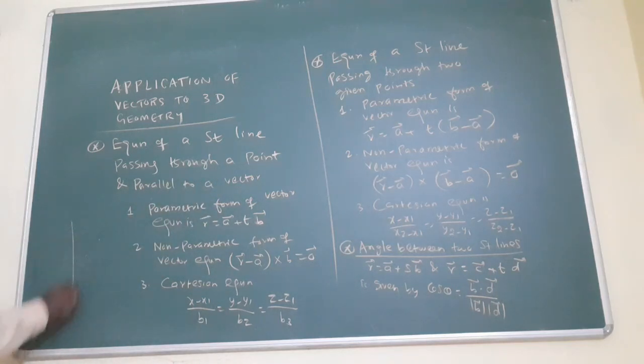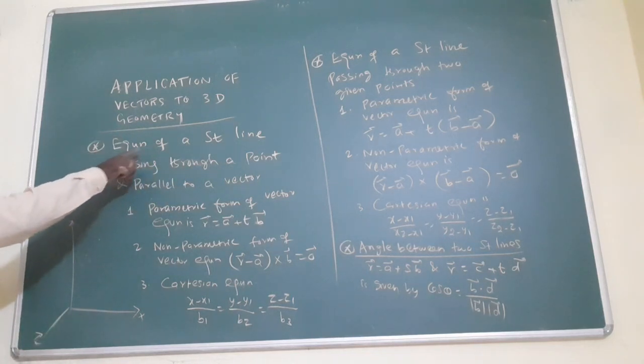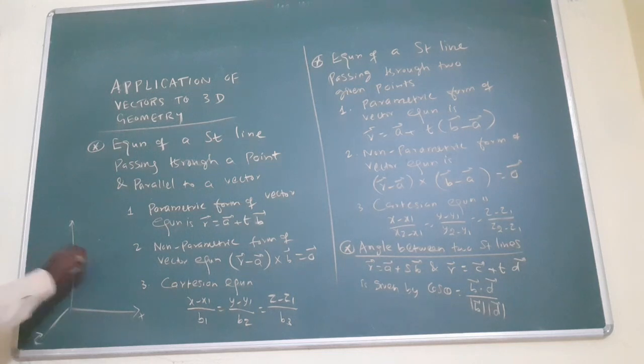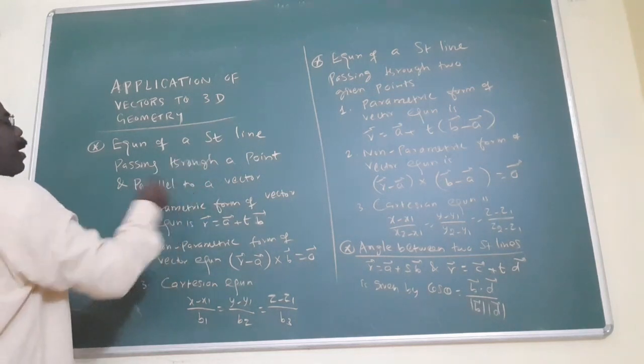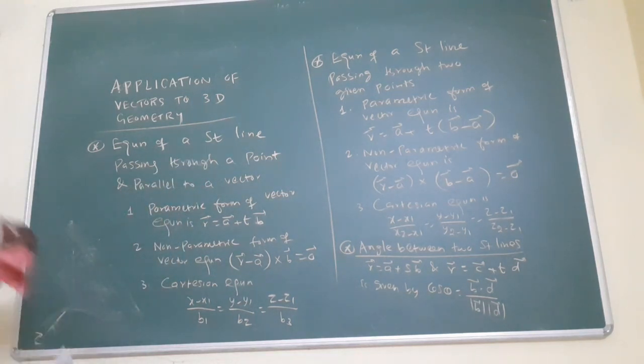That means what? This is the x-axis, y-axis, z-axis. In this way, three dimensions: x-axis, y-axis, z-axis. Now, what is the question? The equation of a straight line passing through one point, parallel to one vector. Suppose the point is A vector. The vector it is parallel to is called B vector. The line passes through this point and is parallel to that vector. The point is the A vector, and the parallel vector is the B vector. That is given to me.